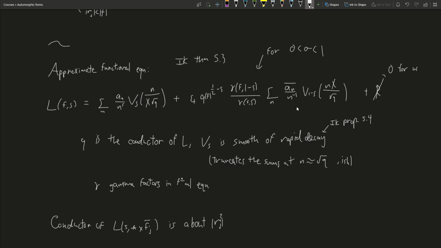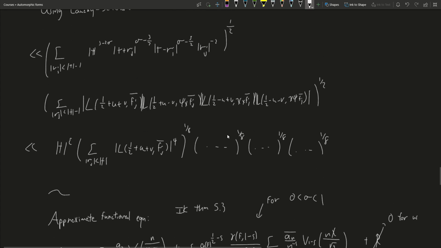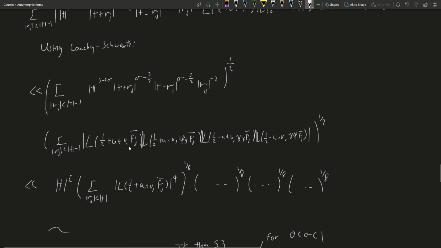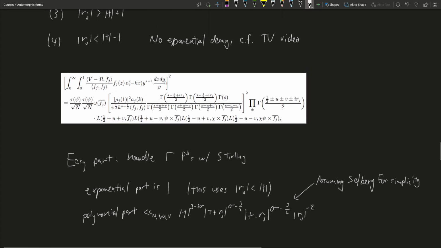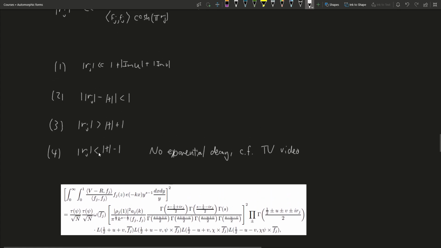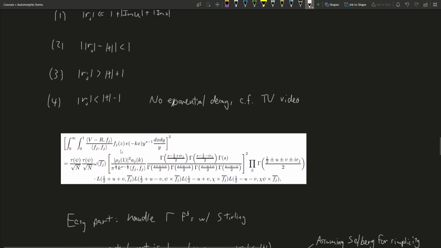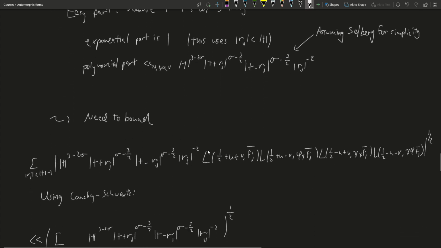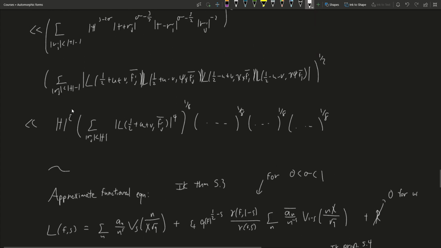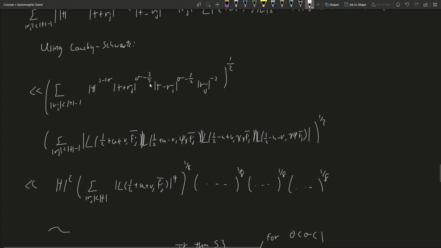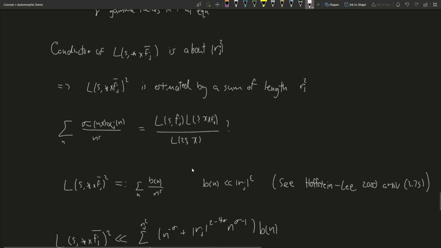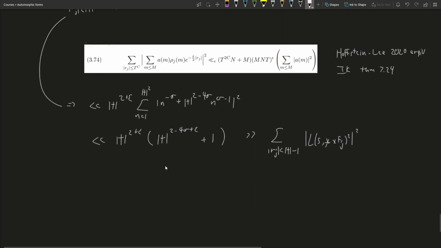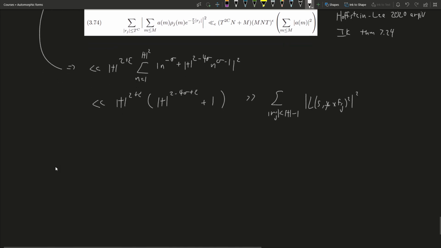So let's take this approximation that we have, or this upper bound we have, and plug it into our bound for the continuous spectrum, right? Because remember, all of this is about trying to bound this in this fourth case of rj less than t minus 1. And we had used Cauchy-Schwarz to break it up into these pieces. We found that the part coming from Stirling's formula, which is the t to the epsilon, and then we have 4 of these pieces, all to the 1 over 8. And so what do we end up getting? Well, this implies that,